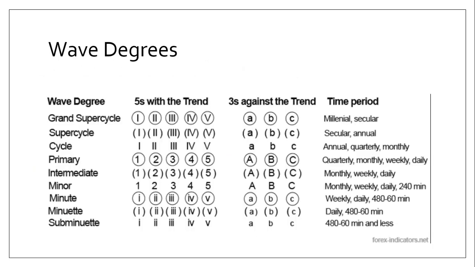Wave degrees are more like time frames. When you're counting, we call it counting or labeling or analyzing your price on the currencies, you have to show your difference in time period. Someone is able to know that when you use such degrees, you are indicating that this price formation is happening maybe on the 4 hour time frame or on the 1 hour time frame. So how you label something on the 1 hour time frame, how you label it on the 2 hour time frame, on the 3 hour time frame, shouldn't be the same. There must be